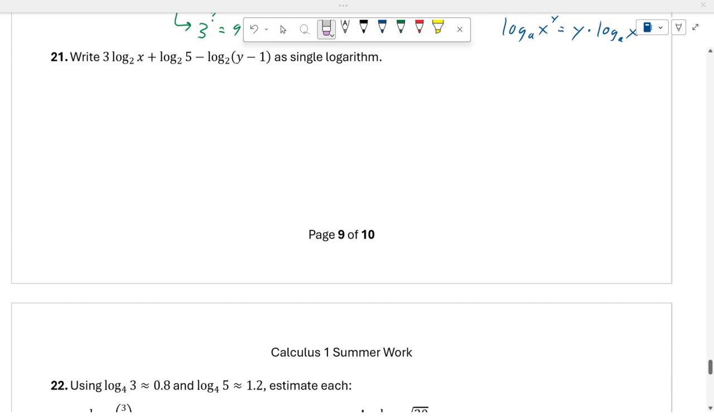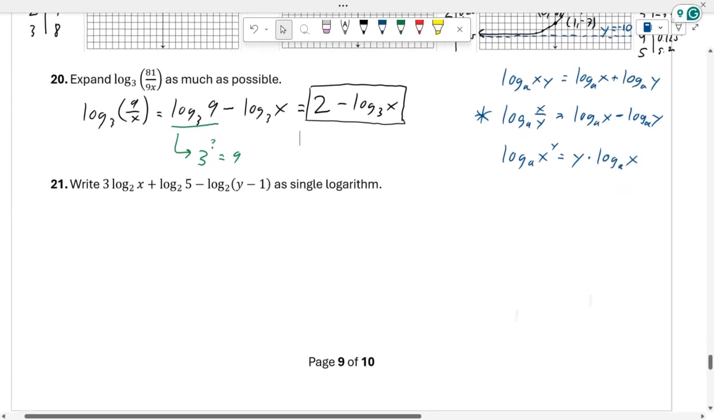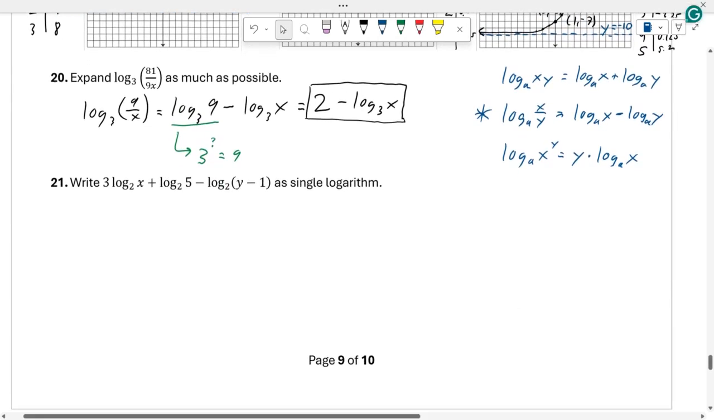In this video, we're going to be taking a look at question number 21. So 21 says, write the following expression, 3 log of x base 2 plus log of 5 base 2 minus the log of y minus 1 base 2 as a single logarithm. Okay. So this is kind of the opposite of question 20, or maybe inverse of 20. Question 20, the direction said expand it as much as possible. Well, now in 21, the logarithm has been expanded, but now we want to try to condense it as much